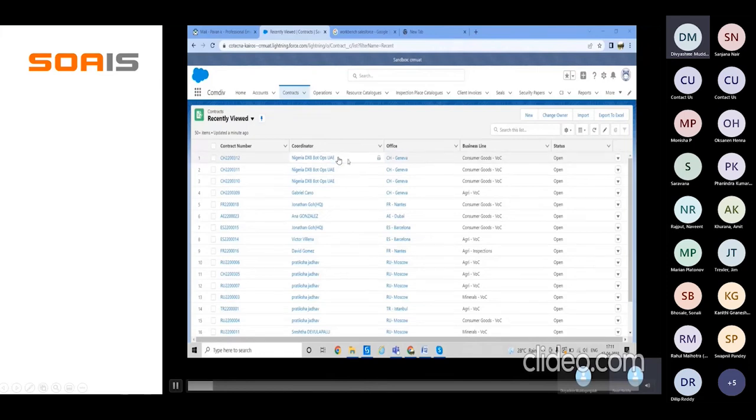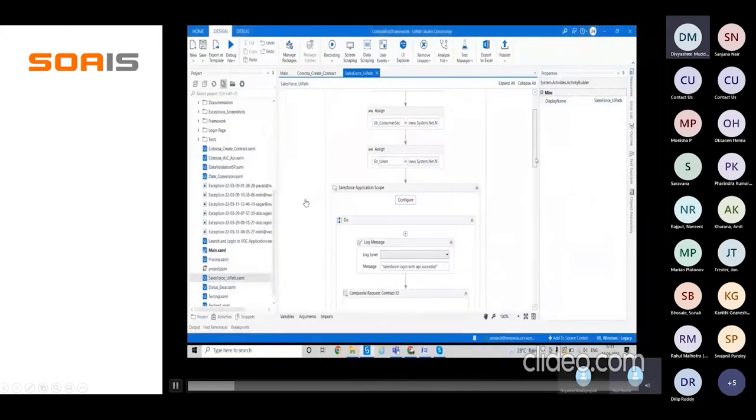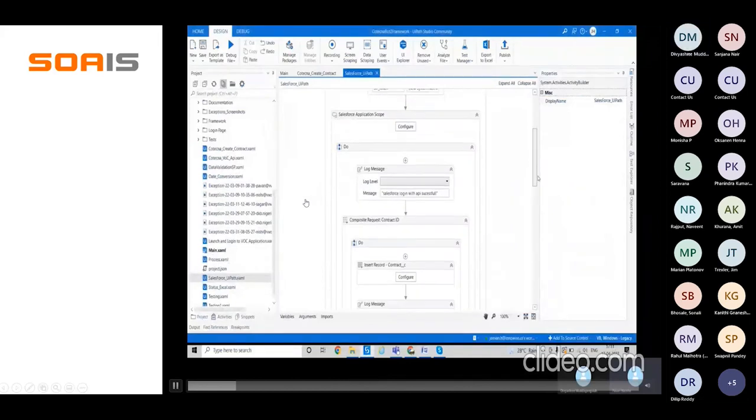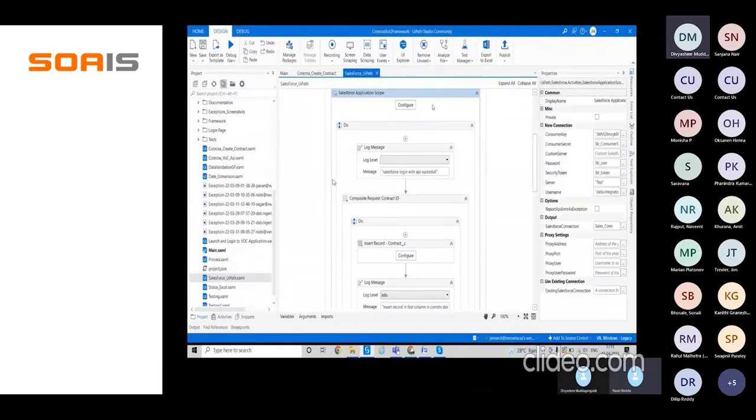So in this, what we are just going to do is use this coordinator name to create the new contract. How are we going to do that? By using UiPath. I'm just going to explain that. Once the bot has completed the run, you will be able to see the one which has been created. So this is how the workflow looks to create any of the contracts,